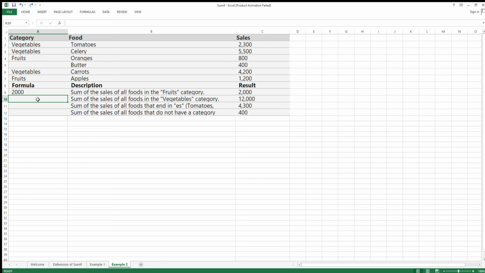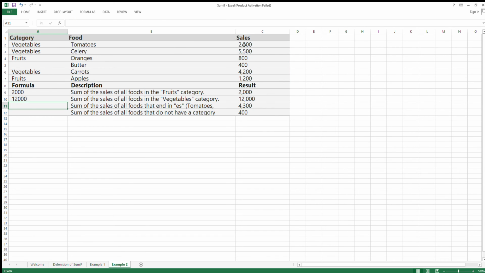Then same with fruits, we'll go for vegetables. SUMIF, category, then vegetables, then our range where we need to do the sum, so 12,000.